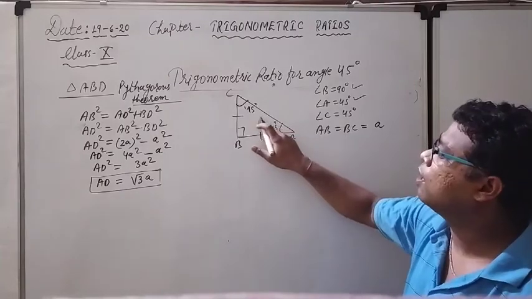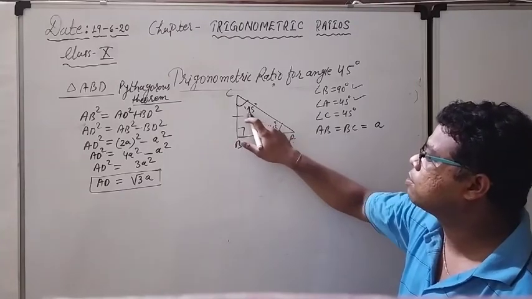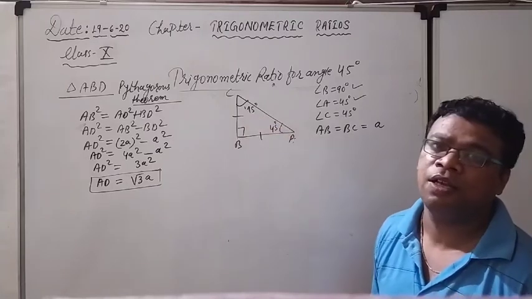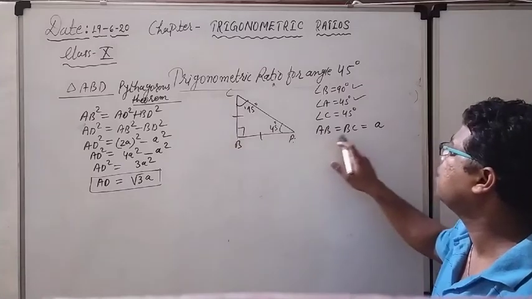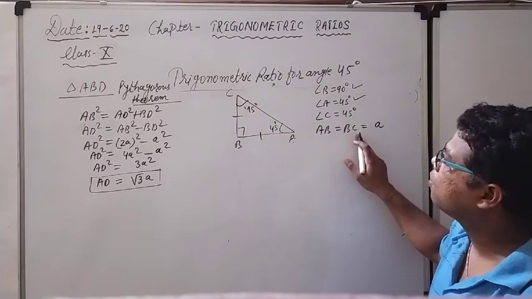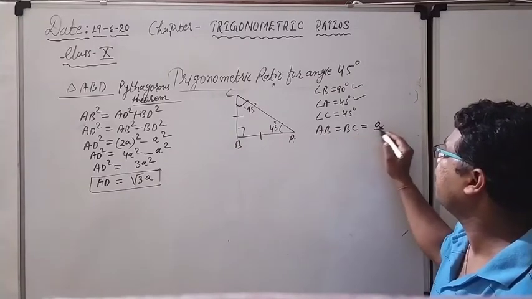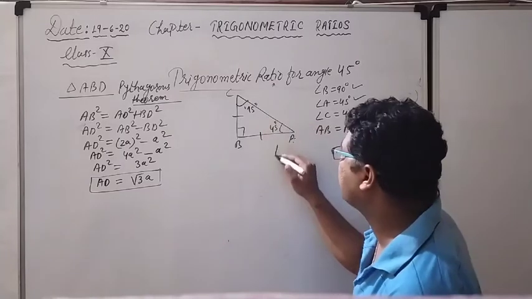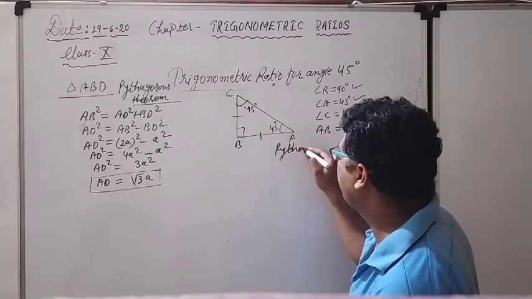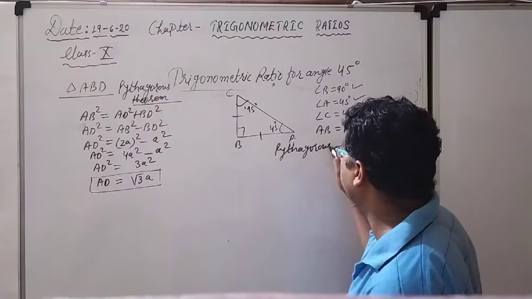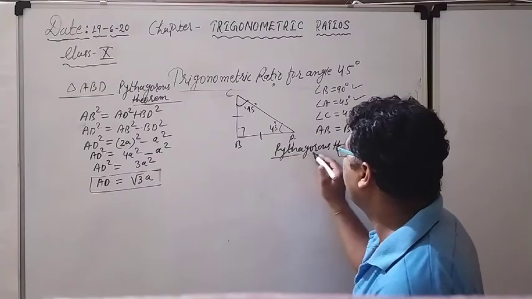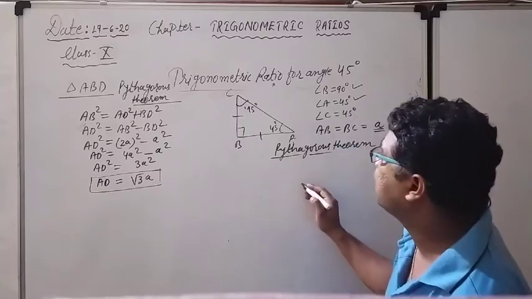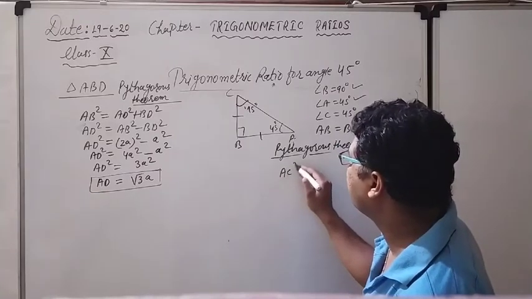तो बाय द रूल ऑफ द इक्वल, इफ देयर आर द अपोजिट एंगल्स so their opposite side should be also equal. So BC equal to AB, and that I am considering A. Right now we have to apply Pythagoras theorem here. See here, by the Pythagoras theorem, what we can say? We can say that AC is the hypotenuse.